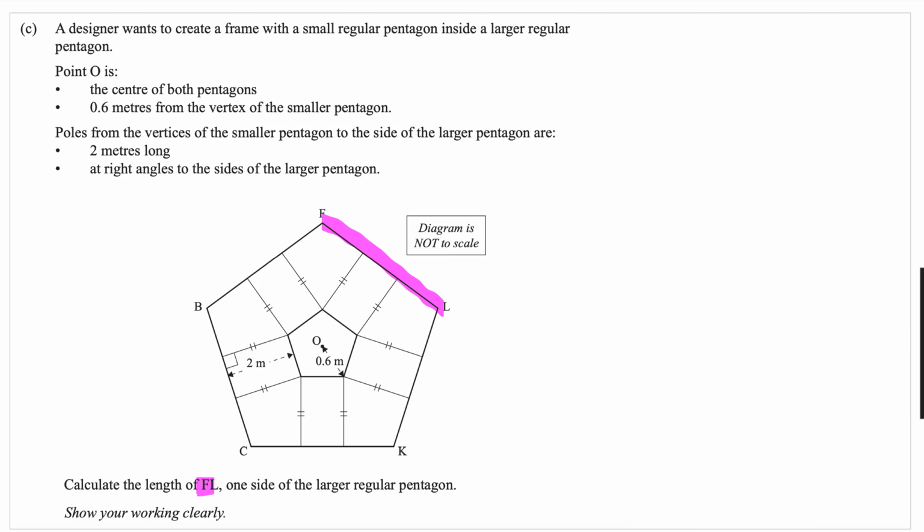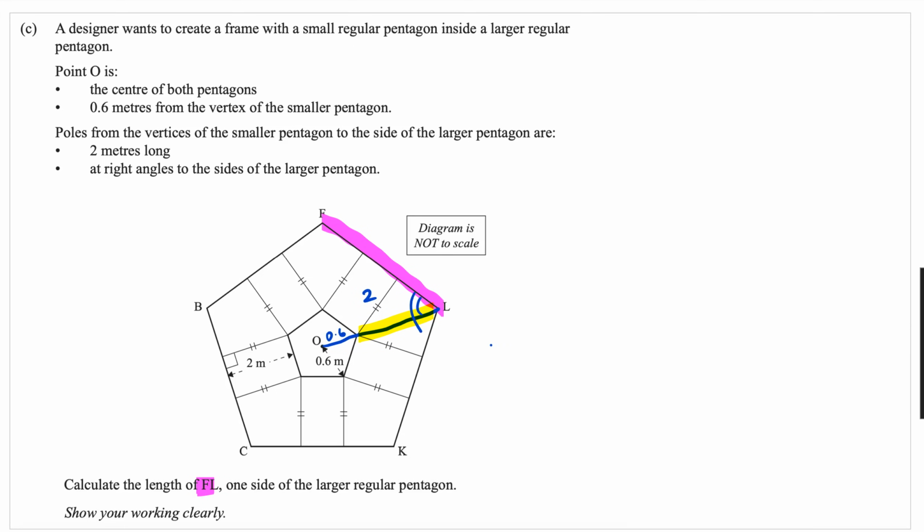So to do this question, obviously that 0.6 there in the middle is going to be useful. So maybe we'll do it like this. What if we create a line from O to L to try and figure that out? We already know this distance here is 0.6, so we need to work out what this yellow bit is. We know that this is going to be 2, and we can work out what the angle here is,